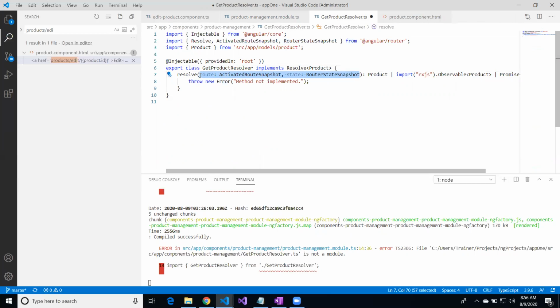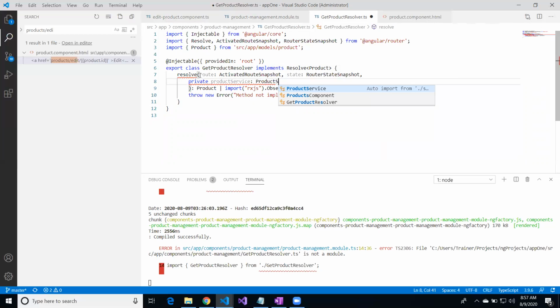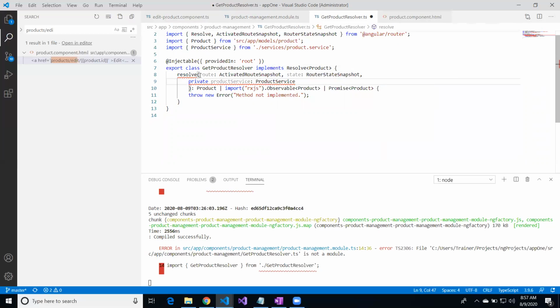So in this case we need something else. These two I'm not sure, and that something else is the product service. Private productService of type ProductService. So now that I have that,